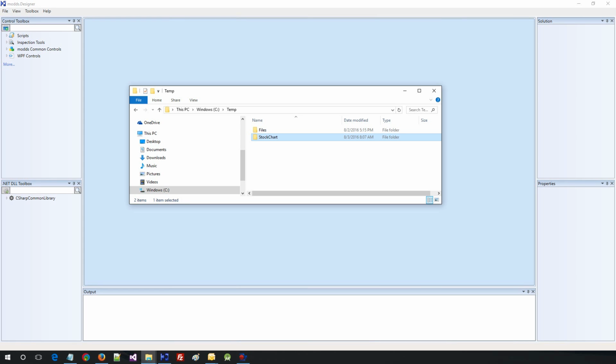Hi, this is Douglas, and in this tutorial I will show you how to add autocomplete in multi-thread. I have the project from the last stock chart examples